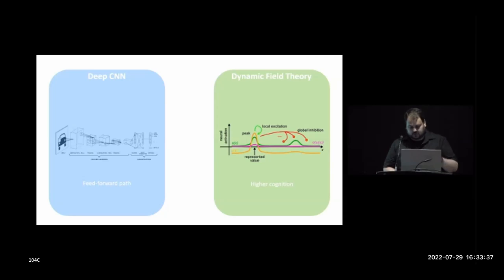CNNs are able to extract the complex features needed for object classification, similar to what the ventral stream of human vision does. And DFT delivers the neural processes needed for higher cognition, for example, autonomous process organization, sequence generation, feature binding, and working memory. An interface between them would combine the theoretical strengths of the two frameworks, allowing for complex cognitive operations